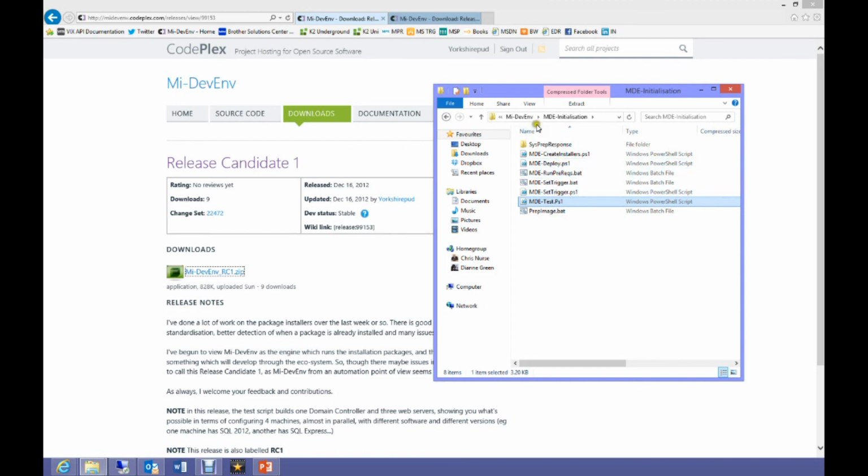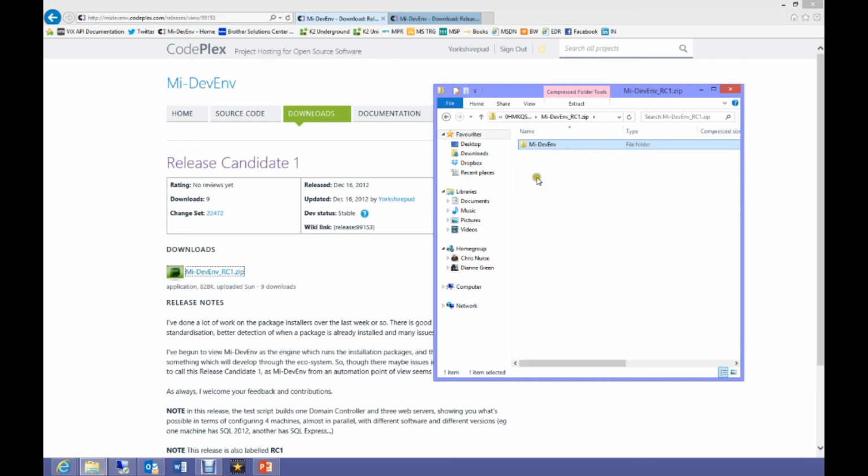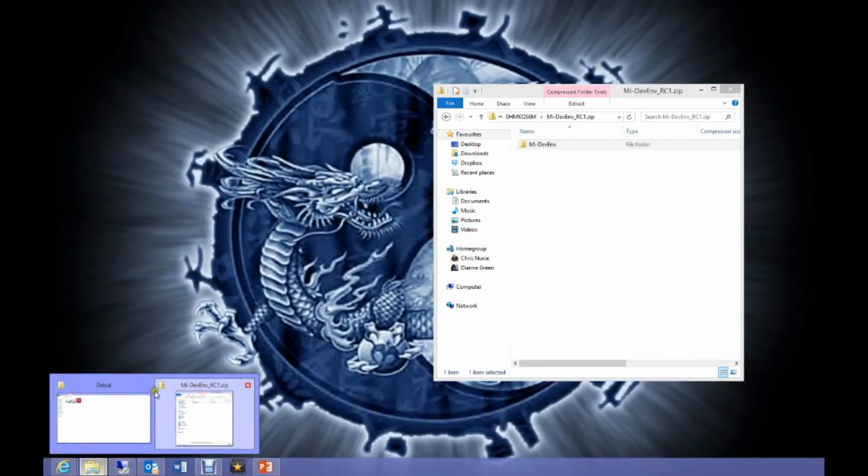This test script can be a reference source to show you how to write scripts to remove and create virtual machines. So once you've downloaded the file from Codeplex, what you'll need to do is copy the Mi-DevEnv files out into the installation